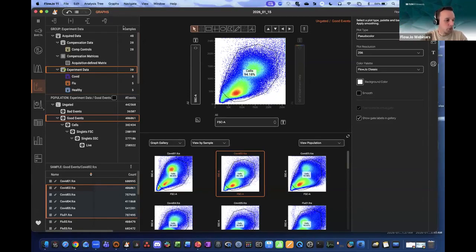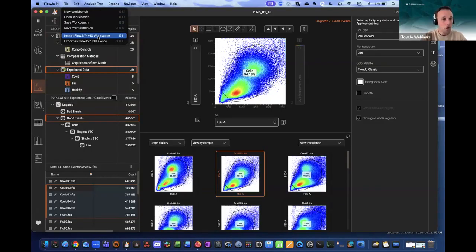Yes, George, the FlowJo 11 workspace is compatible with the FlowJo 10 workspace. It's a workbench in v11 and a workspace in v10. When you do your analysis in FlowJo 11, you can save it as a FlowJo 10 workspace. So for example, if you need a word block, one of the functionalities that you use in v10 that is still not currently available in FlowJo 11, you can save your analysis in FlowJo 11 as a v10 workspace,